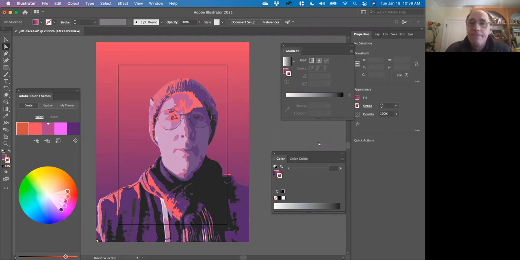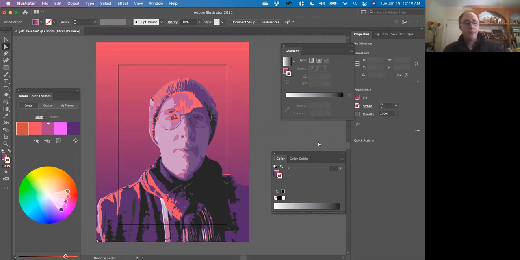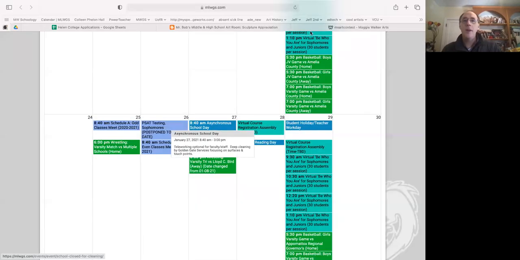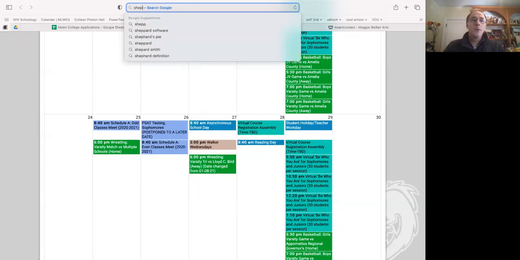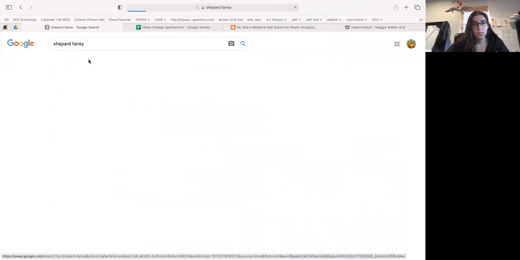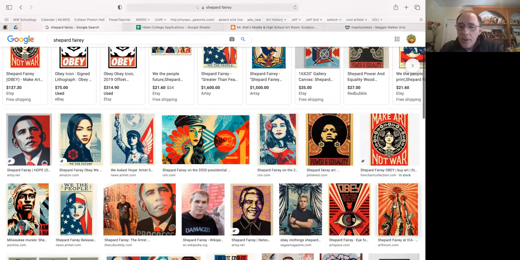Yes, Lexi. You mentioned some sort of cultural icon or something that we are working on. Is that part of this project? Yes, what we're going to do, if you actually look at some of Shepard Fairey's work, let's see if I can quickly switch over there to Shepard. Oh, I spelled it wrong. Images. If you look at a lot of his work, you will see,